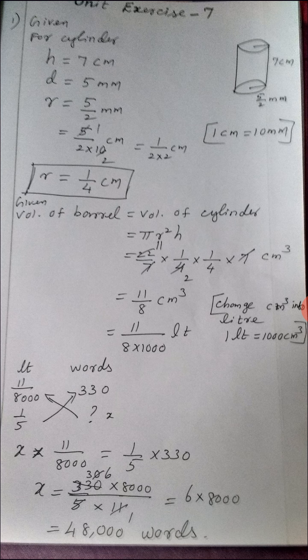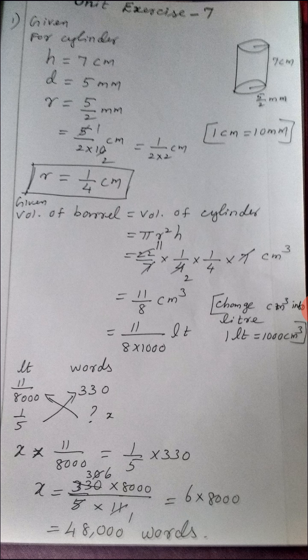So diameter is given. See, you note the unit here. Height is given in centimeter and diameter is given in millimeter. So first convert all the units into the same unit, millimeter or centimeter, anyone. Okay, then a full barrel of ink in the pen, that is the pen is filled with ink, it's full of ink, will be used for writing 330 words. One time you fill the pen means you can write 330 words.